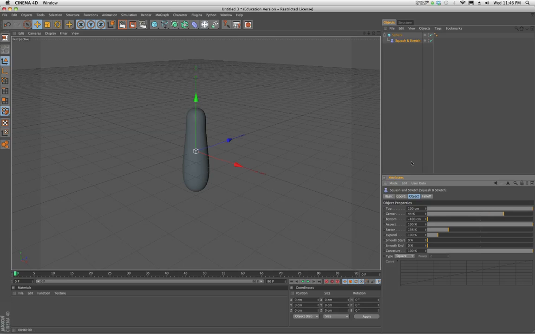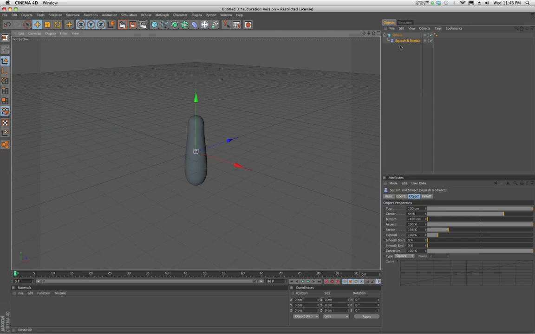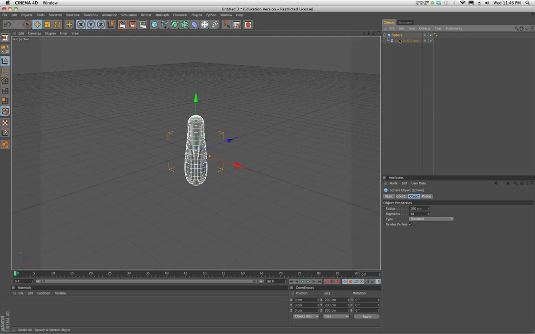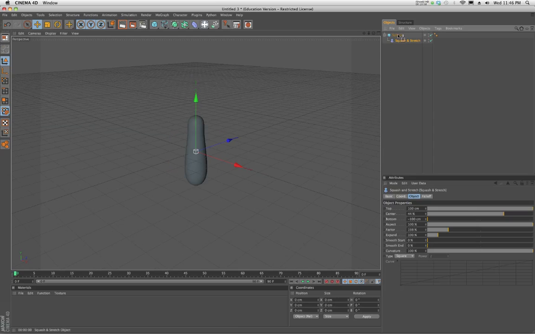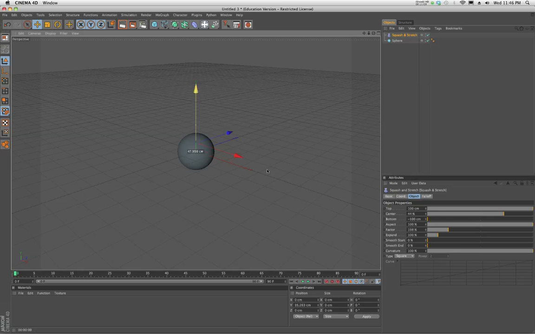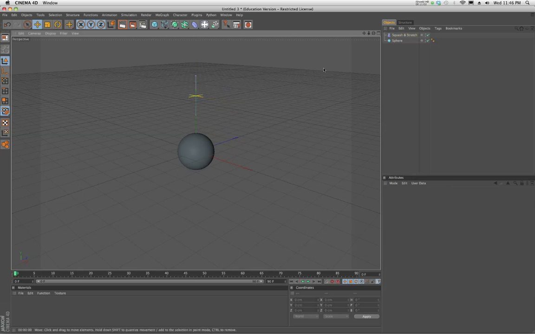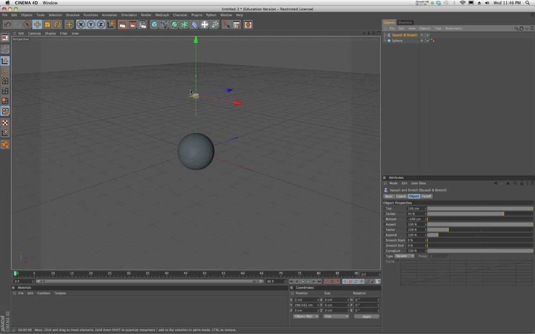We'll integrate this into our animation during our next presentation, but a couple of things that I want to point out is that in the event that you've moved your sphere, or you've moved your squash and stretch before you dragged one on top of the other, just know that if I take my squash and stretch and drag it out here for a moment, if I move that squash and stretch up, I'll deselect it. You can see that squash and stretch is kind of like the bend deformation box, the bounding box or the cage that we had before. If I drop that squash and stretch that exists off of the ball, it's not on the ball, if I drop that into the sphere